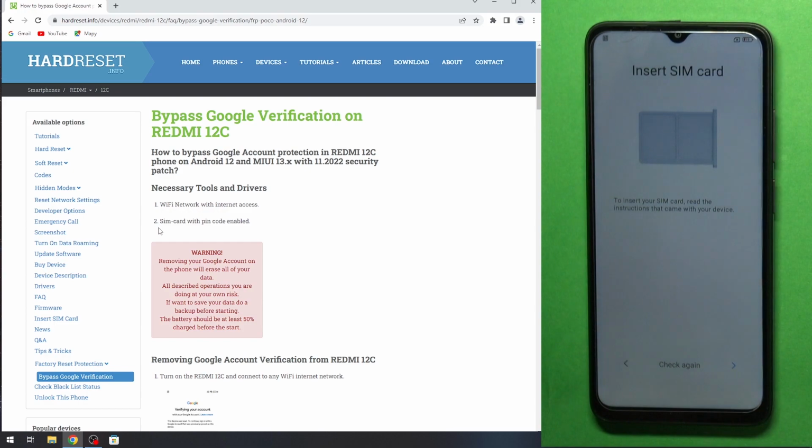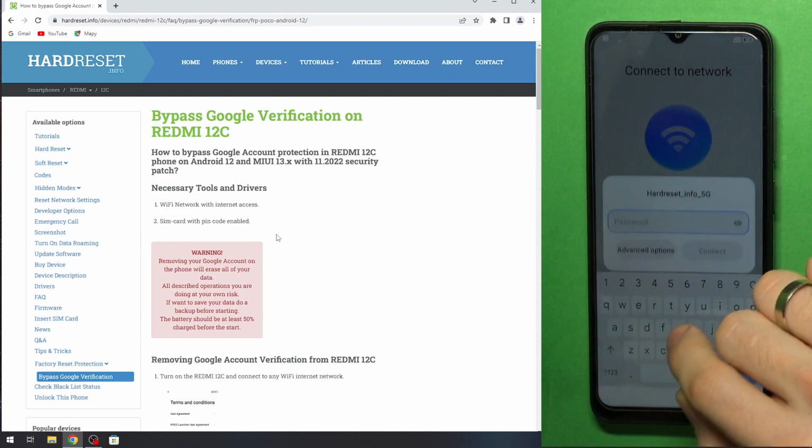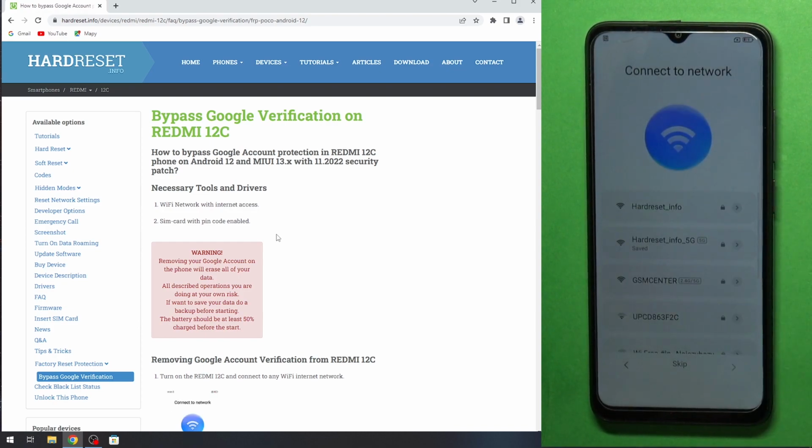As you can see, we need to have SIM card with PIN code. So click next and connect to the Wi-Fi network. Connect to the Wi-Fi. Click connect. Great. Now